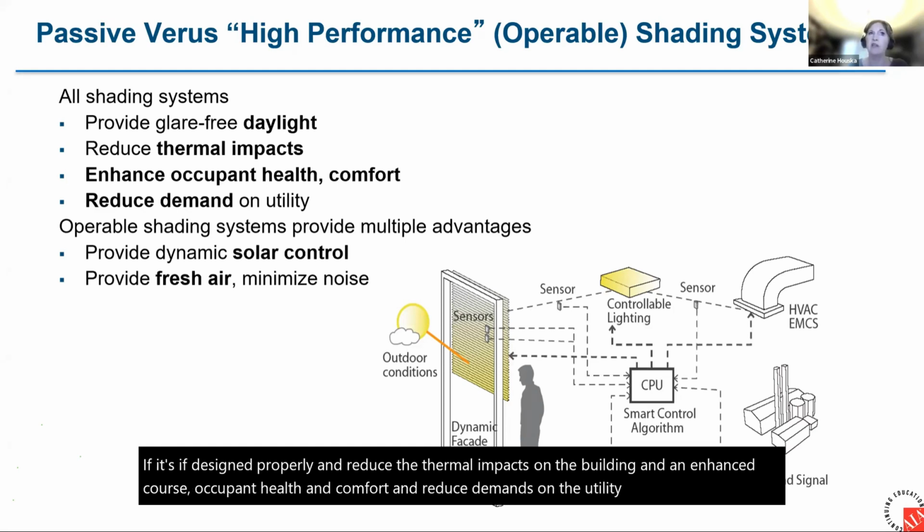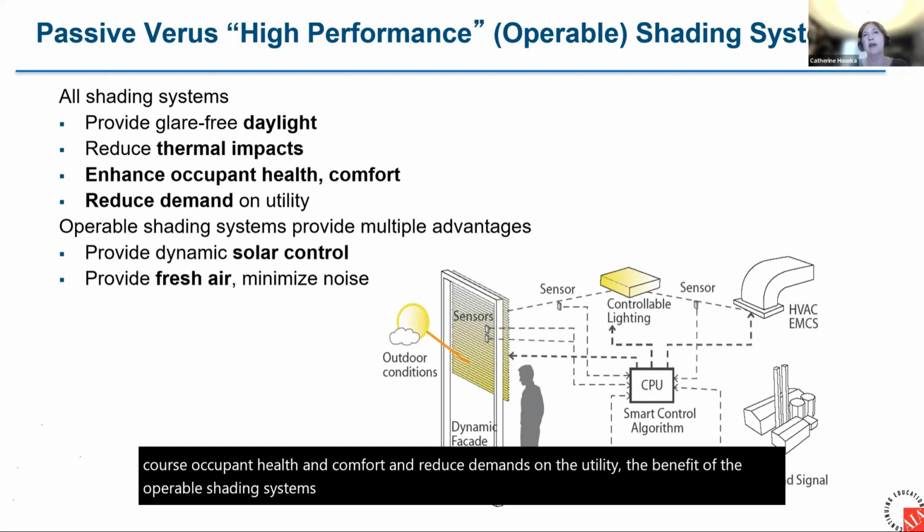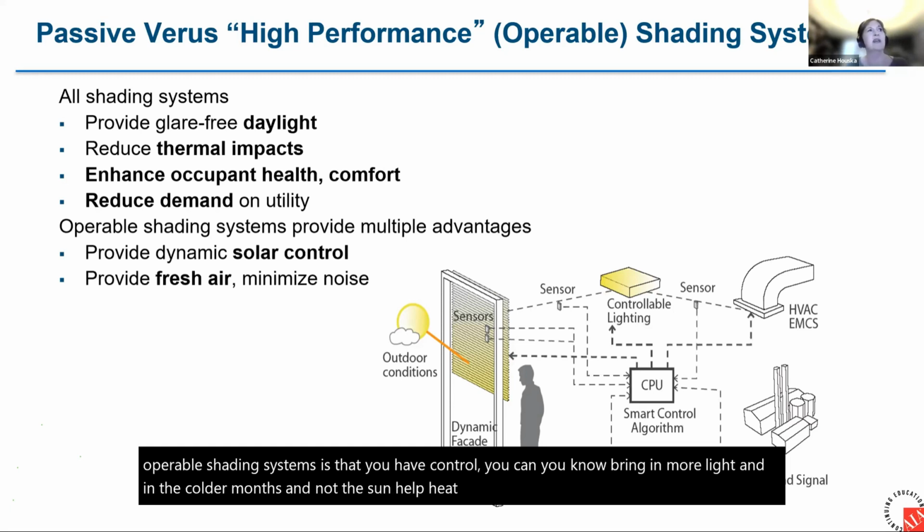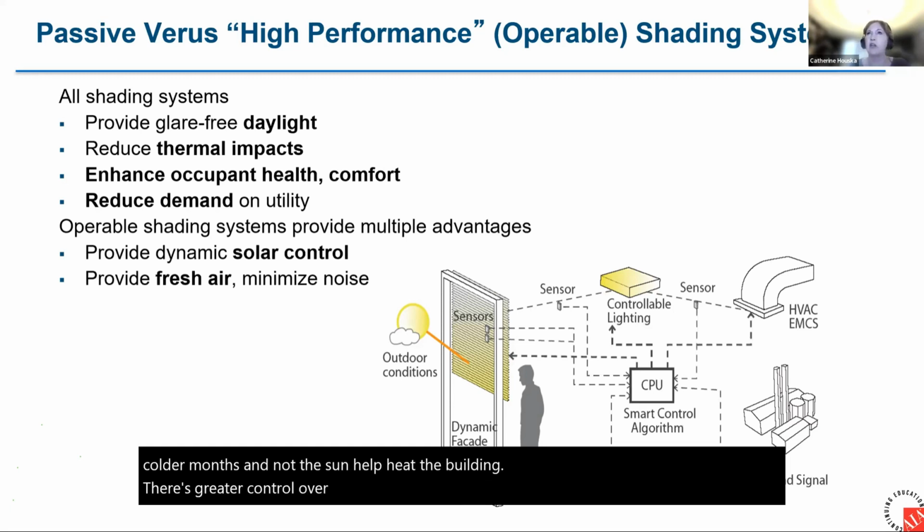The benefit of the operable shading systems is that you have control. You can bring in more light in the colder months and let the sun help heat the building. There's greater control over bringing in fresh air and other adjustments that can help to optimize the shading